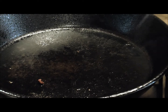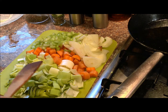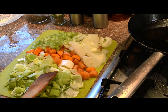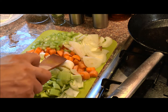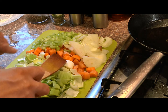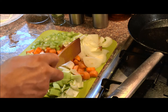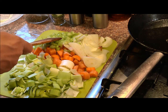Polenta is quite nice with this. Okay, for our vegetables, I've got one leek which I've quartered, washed, and then diced into thumb-sized chunks. I've got 2 medium-sized carrots which I've halved, and again cut into thumb-sized chunks. I've got 1 onion which I've halved and just sliced, and then I've got 2 sticks of celery which I've